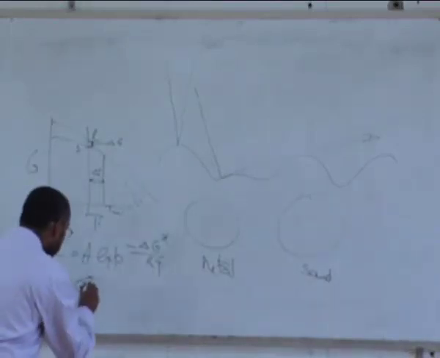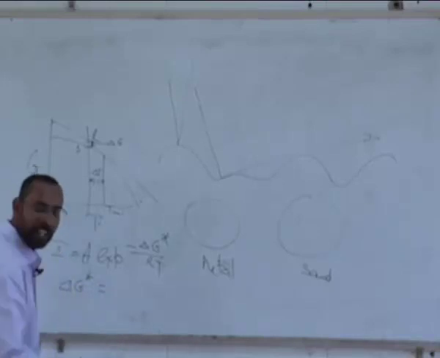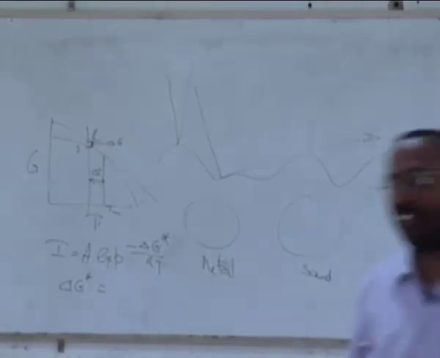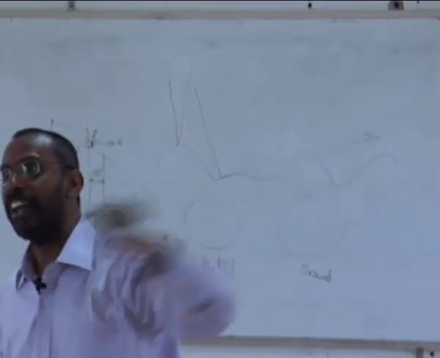Have you seen this? And this delta G star is given as, for a spherical nucleus, what kind of a formula? What is the activation barrier for nucleation for a spherical nucleus? 4 pi r cube. Are you sure? No, I am asking you what is delta G star? Delta G star, which is the activation energy. You are telling me how to derive the delta G star. You are right, but that is not the final answer. Please sit down. Do you know the answer? What is the delta G star? Delta G star is delta G at R star.